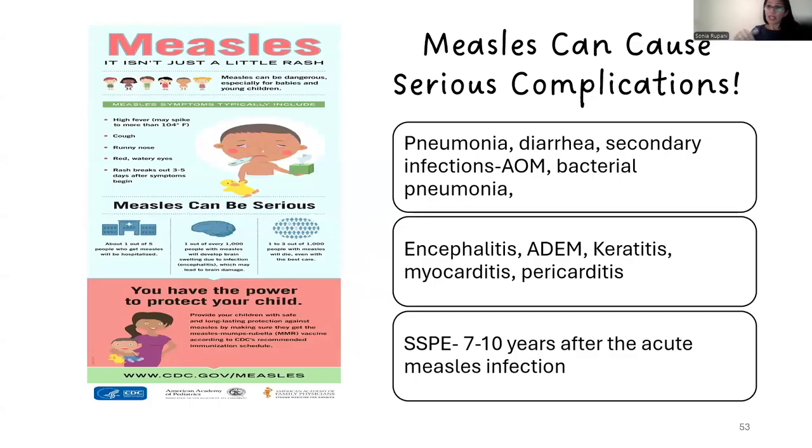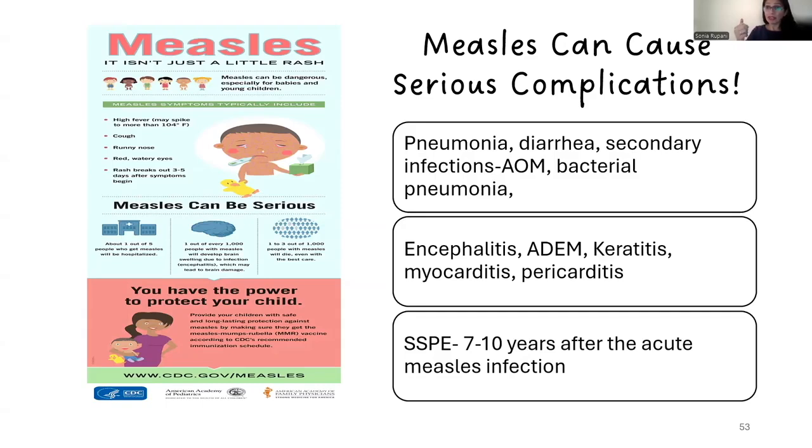And the rash is not just a rash and upper respiratory symptoms. It is linked with many complications that can increase morbidity and mortality in people who are infected. It can cause measles pneumonia. It can cause diarrhea, secondary infections like bacterial pneumonia, bacteremia, and otitis media, which can cause hearing impairment in many patients. It can cause encephalitis, where the mortality is very high, acute disseminated encephalomyelitis, keratitis, which can cause blindness,